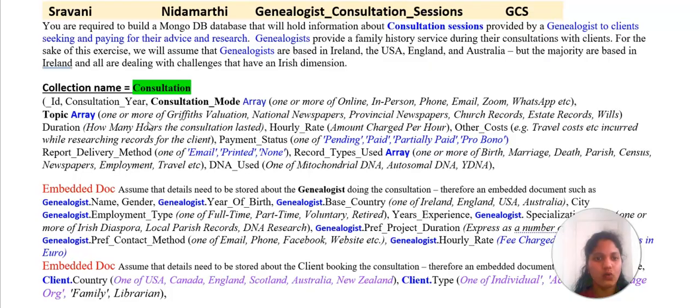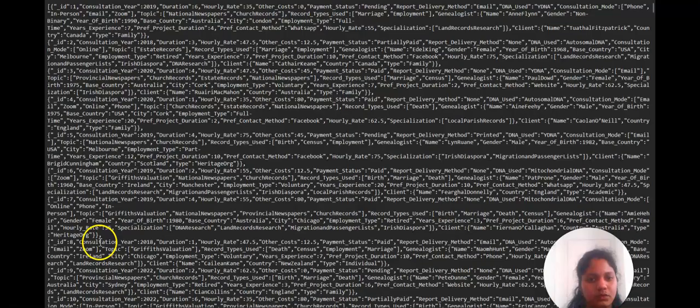Let me show you how I prepared the data and imported it. This is my final JSON file, which I created with 1000 documents using the field names I showed earlier. I have created ID, consultation year, duration, hourly rate, other costs, payment status, report delivery,